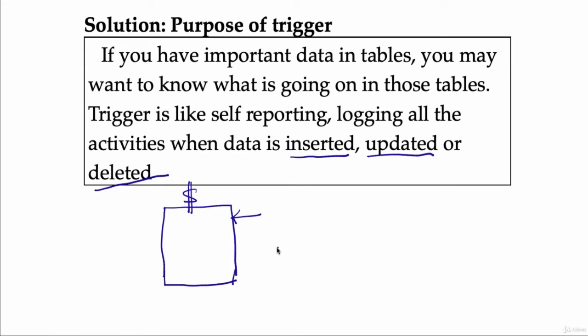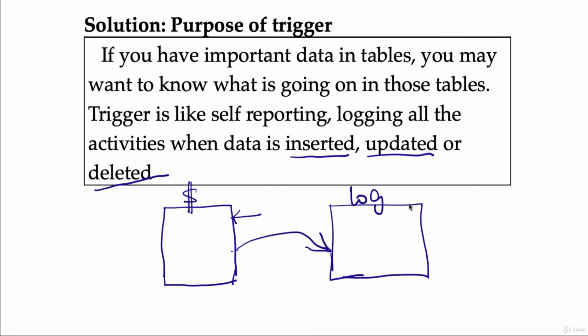All you have to do is to set up what? A trigger. So that whenever there's activity in this table, you have another table that is what? Logging all the activities that is going on here. Let's call this our log. Okay? There's something like a trigger here. Whenever there's any activities in this table,